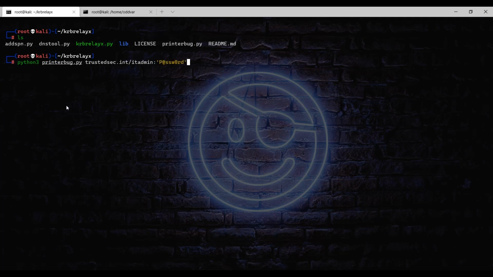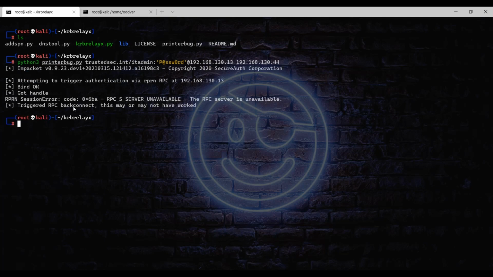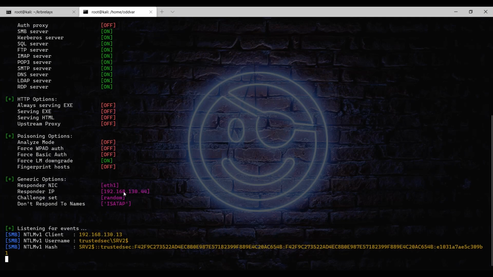with the password of password, and we are connecting to an old 2012 R2 server, and we want the RPC call to make it connect back to our attacker machine that is located on .44. Try to run the script, and it seems that something happened, and if we look back into Responder, we